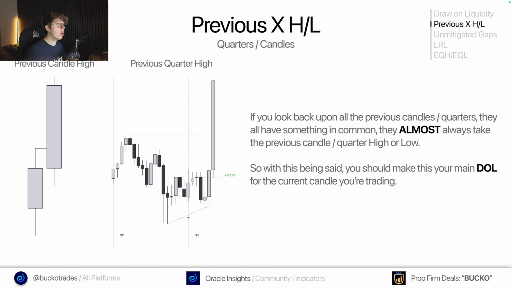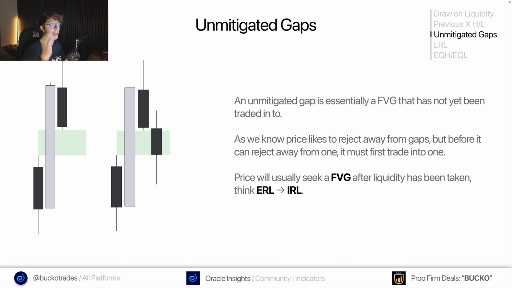Now, our next draw on liquidity that we have is unmitigated gaps. So an unmitigated gap is essentially a fair value gap that has not yet been traded into, okay? As we know, price likes to reject away from gaps, but before it can even reject away from one, it must first trade into that gap, right? So as you guys know, fair value gaps are great for holding price. You can look for trades inside of them, but before price even gets inside of them, it has to draw into it, right? So not only can you take trades away from gaps, you can also take trades into gaps,